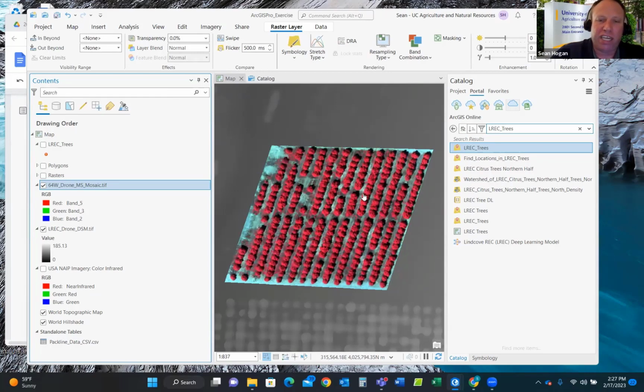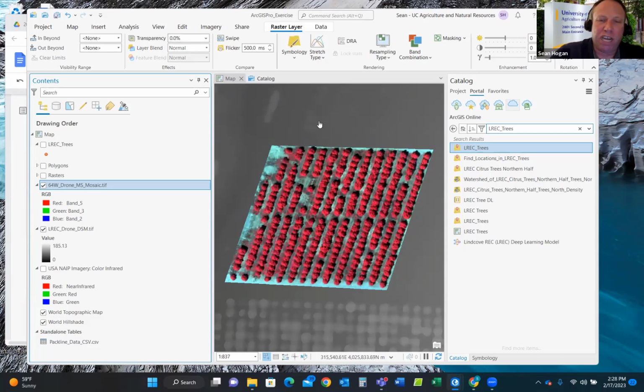near infrared is reflecting off the canopy. And the thing with near infrared is that plants reflect near infrared very strongly, more strongly than green or anything else. So what you end up having is more contrast that focuses on plants. And